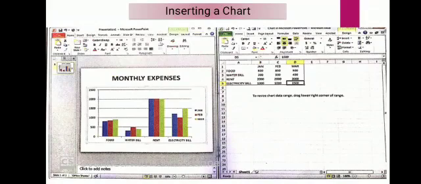It means first we have to prepare the data of the chart and then convert it into chart form. So before inserting the chart you have some data, like here monthly expenses, and after completing that data click on the layout button present on the home tab, then select title and content layout.